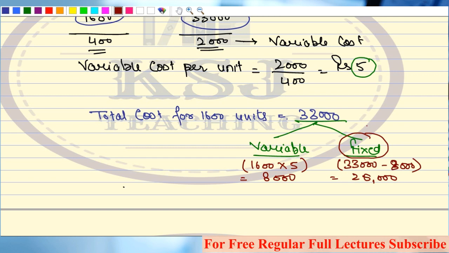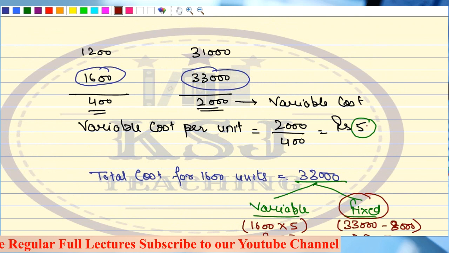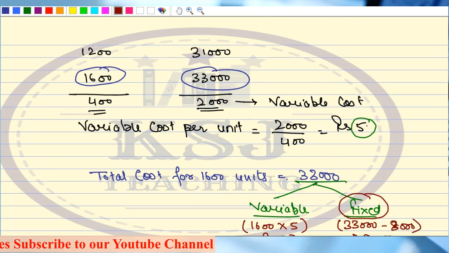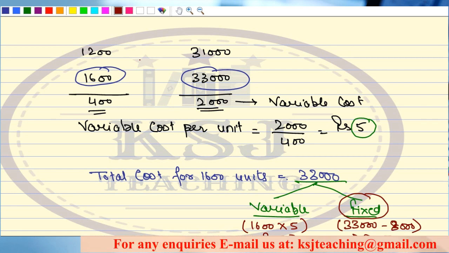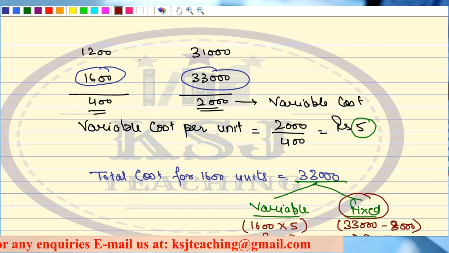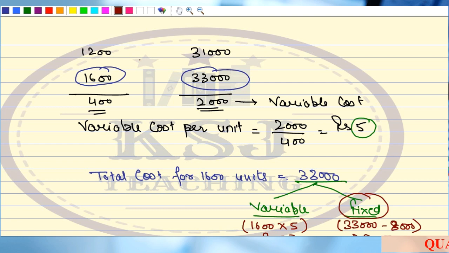So what we have done is we first calculated the variable cost per unit by taking the data for 2 different weeks. We calculated the change in the cost and the change in the level of activity, and from there we calculated the variable cost. Then we took any of the weeks. You can take week 1, week 2 or week 3, there are absolutely no issues in that. It is not a hard and fast rule that you have to take week number 2. You can solve the question with week number 1 also; the answer is going to remain the same.